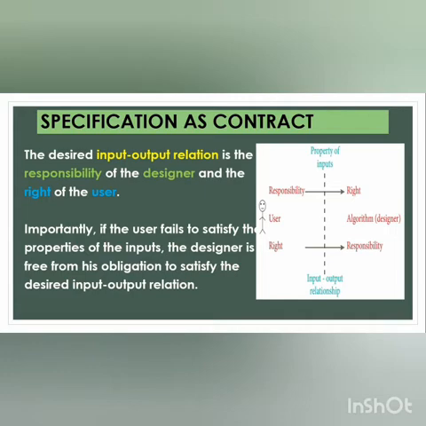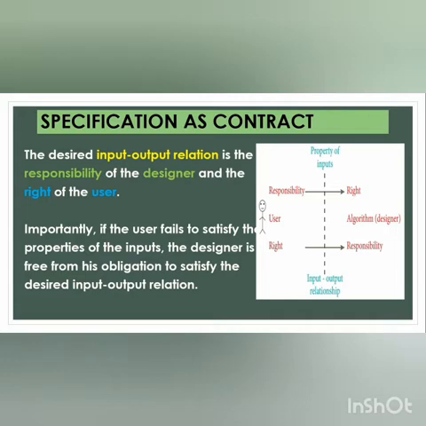So, if the customer did not tell anything about her expectation and she simply asked the tailor to stitch the chudidar, what will the tailor do? He simply stitches and gives the chudidar as he likes. So, it may not be to the liking of the customer. This is not the problem of the designer, that is the problem of the user. So, giving the input property is the responsibility of the user but the right of the designer. In the same way, the property of the output is the responsibility of the designer and the right of the user.